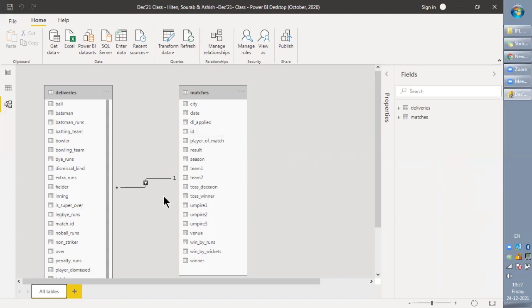Let me share some knowledge about this. 1 stands for one, meaning one row of this will have a relation with multiple rows in this. So you can see star represents many, 1 represents 1. And this arrow represents that the relationship flows in this direction.